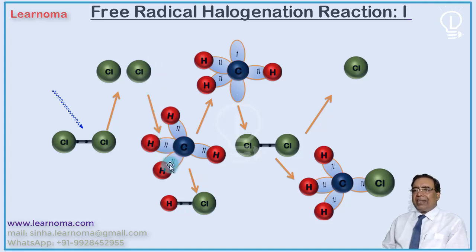Methane, when it collides with a chlorine radical, gives HCl. Or you can say the chlorine will snatch the hydrogen. The chlorine needs only one electron, and in methane the carbon octet is satisfied and all the bonds are sigma bonds. The chlorine collides with hydrogen and snatches the hydrogen to form HCl, and it results in the formation of the methyl radical. Now here you might ask one question: why is chlorine not forming a bond with carbon, why with hydrogen? The answer is simple. Hydrogen seems to be tasty for chlorine.